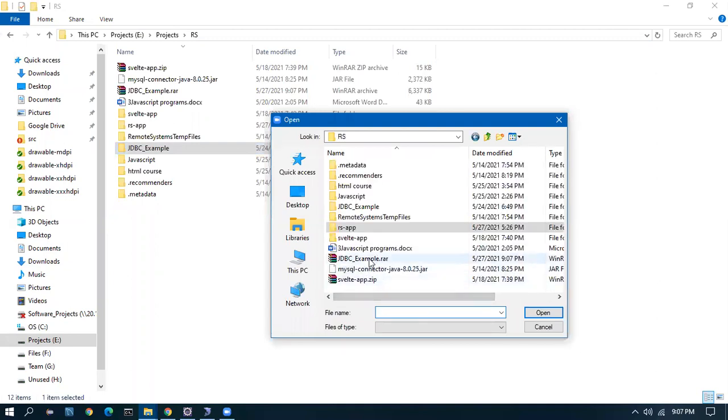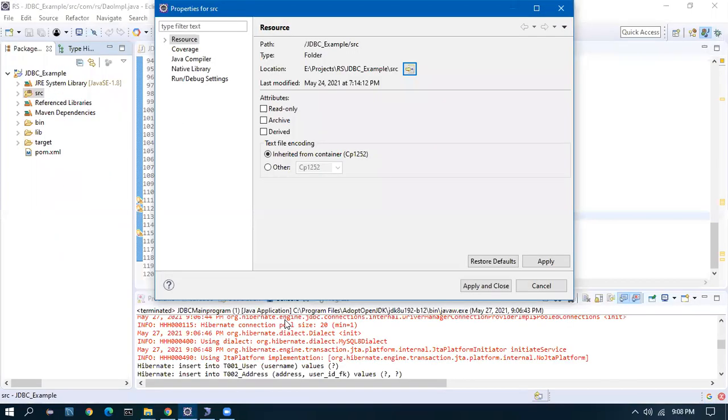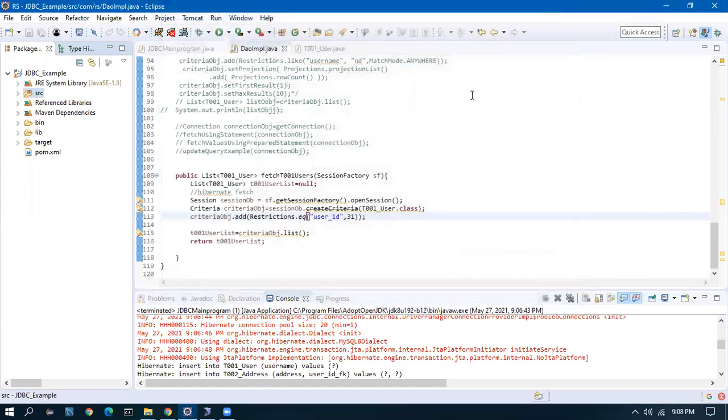There it is, JDBC example. This has all the files whichever we discussed from Monday. So JDBC, JDBC example, select query, update, prepared statement, regular statements, Hibernate basics, criteria, and mapping, everything is there. It's a complete working program. You can just import it to your Eclipse and run, and you should see whatever I'm showing you now. It's all connected to the database also. All the configurations are given. It's all embedded. So, you have received the file?